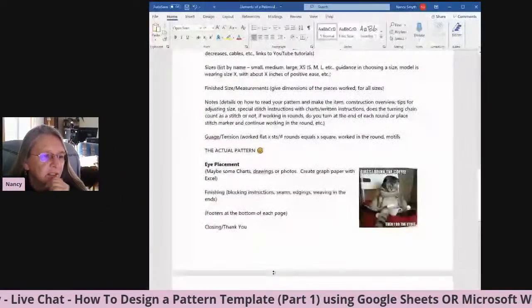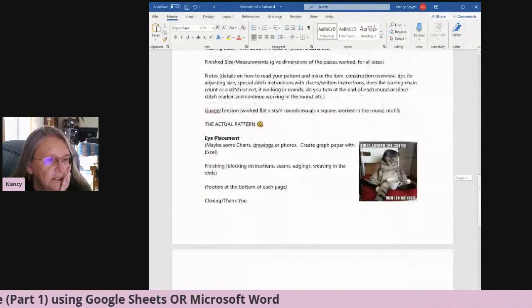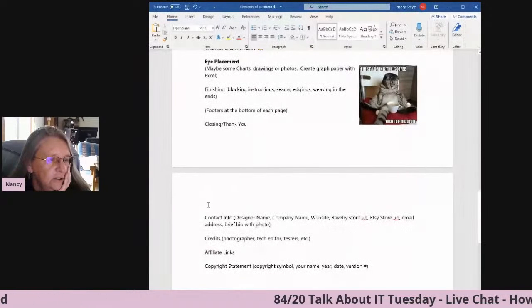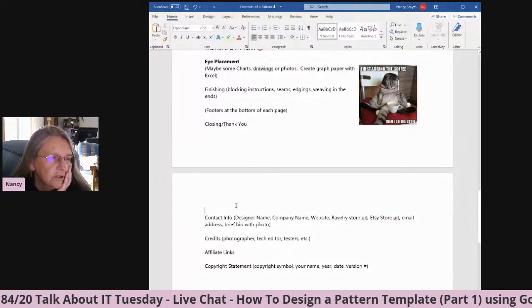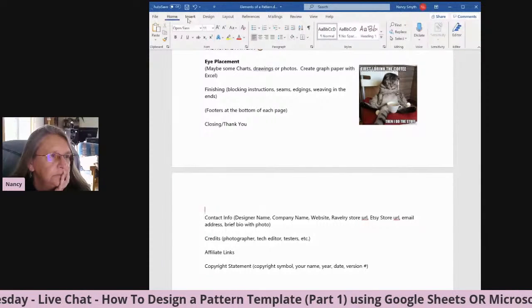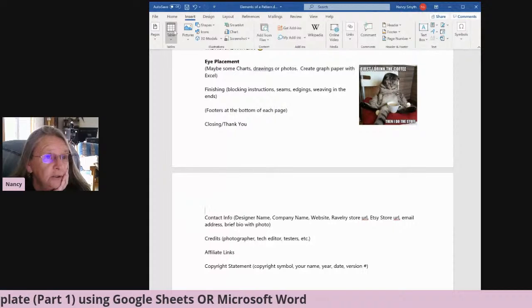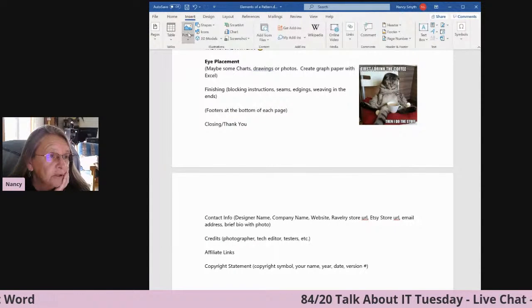Okay. So let's say that you wanted to add a chart. You can literally insert Microsoft Excel documents, and you can use Microsoft Excel